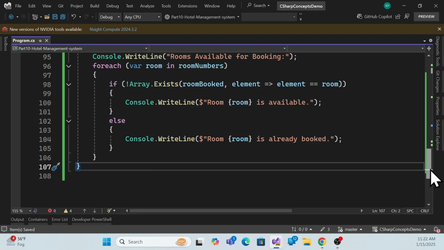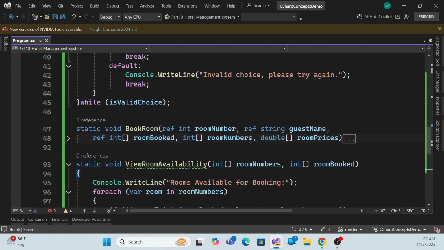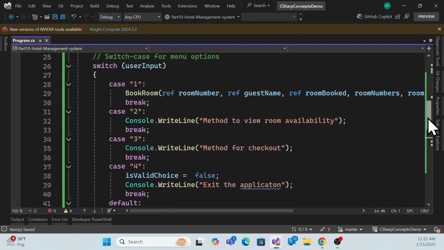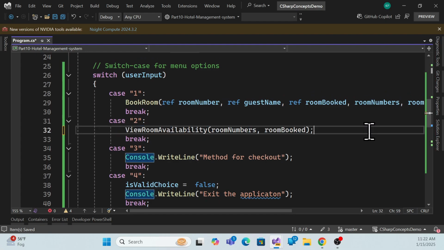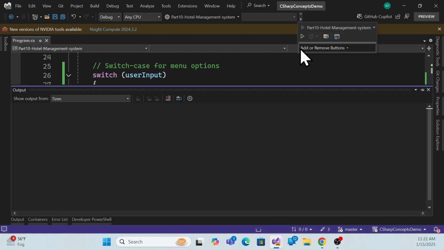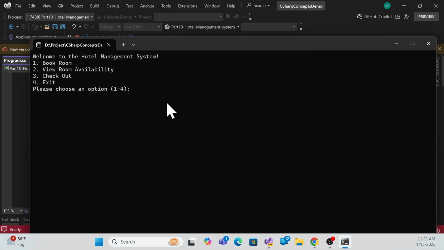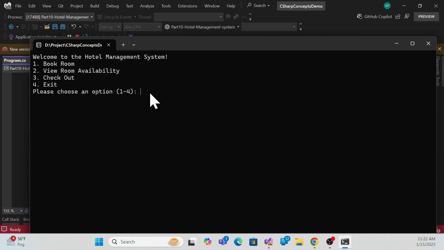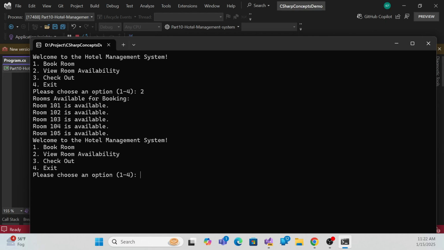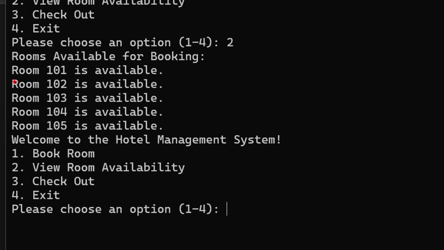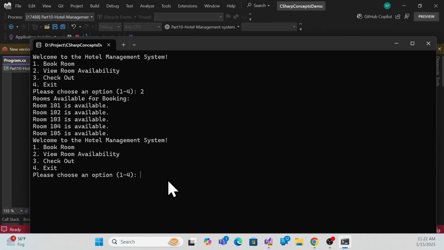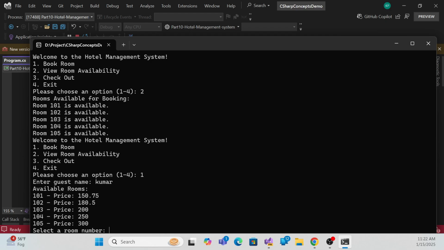It's simple. And now I'll call this method in option number 2, so replace it with this new method and let me run this application. Once you run, let me make it a little bit bigger and use number 2. Now see, it is showing 101, 102, 105 is available, but let me book one room, right? So to book a room press 1 and enter the name, suppose Kumar, and then